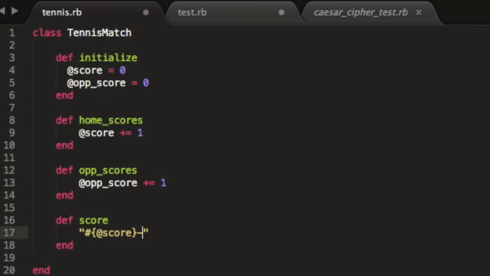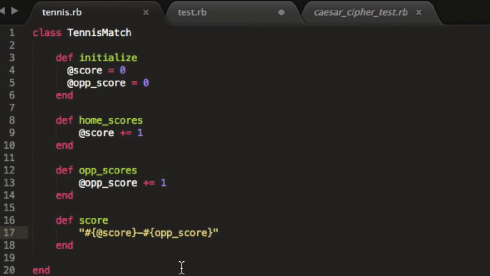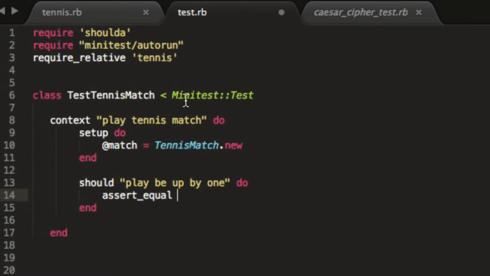So it will return the @score, and it will return the opponent score. And I forgot to put an @ here. So it's going to return a string of the @score and the opponent score. So I'm going to assert equal that the score is 1 to 0 when